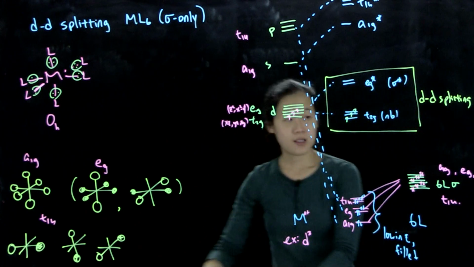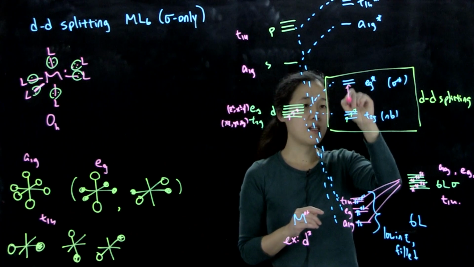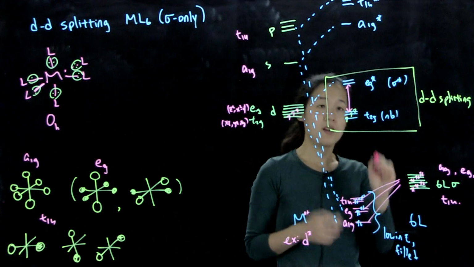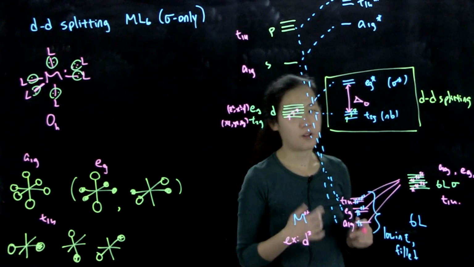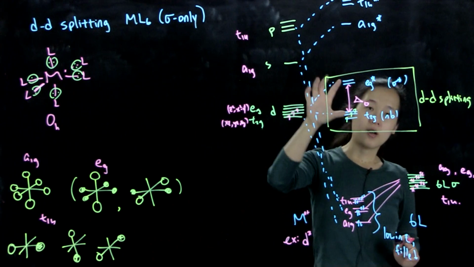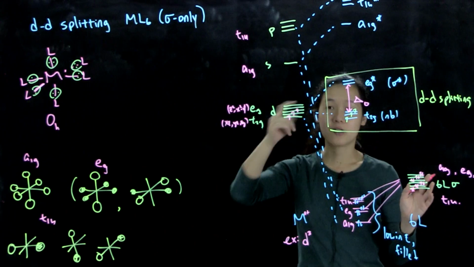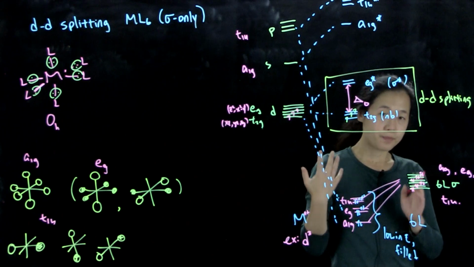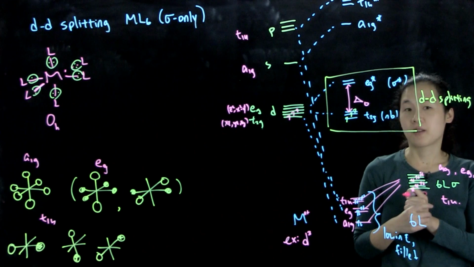And in crystal field theory, this d-d splitting matters a lot for spectroscopy. This is often called delta O, where the O is for octahedral. For other geometries, you might have a delta T, for example. And this delta O, how much this splits, which is basically how much overlap we have between the ligand and these two d orbitals, really dictates your spectroscopy, and also a lot of other factors that we'll talk about later